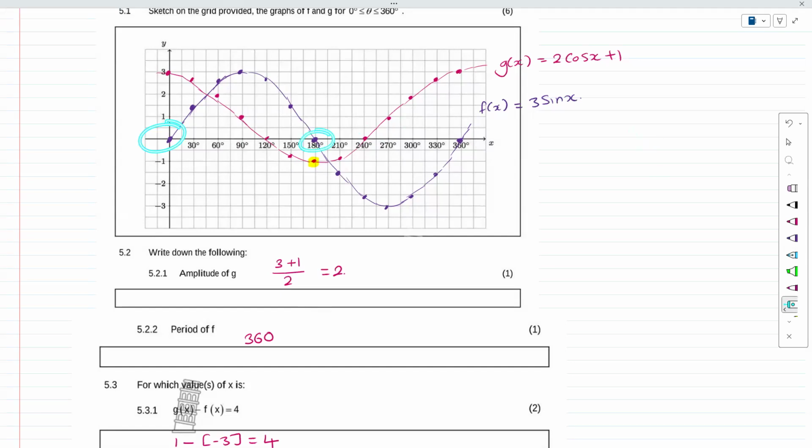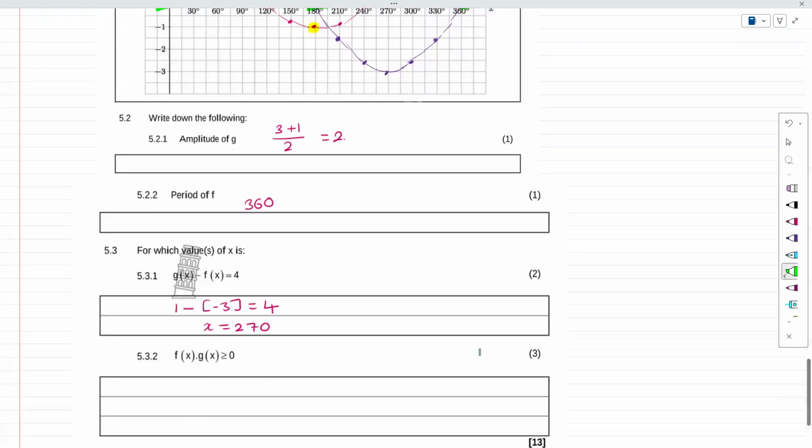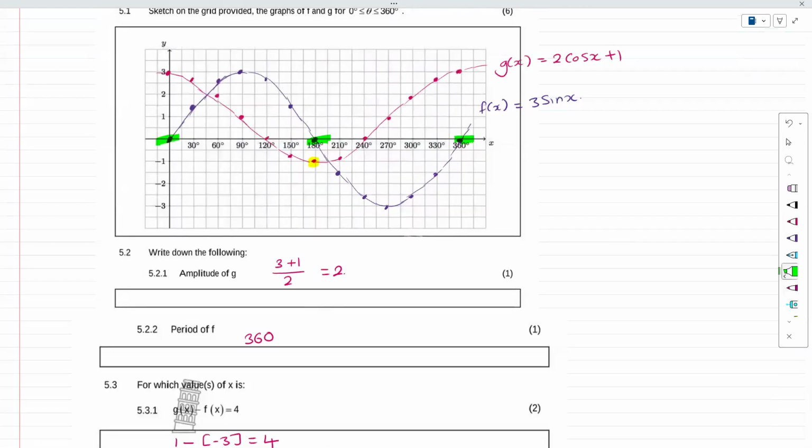So guys, let's start with here. All of these 0 points are winning points for us. Everything on the 0 is winning points because all of that's fine. For us to get a positive value, because greater than 0 is positive, we need to have positive times positive. That's basic algebra. For us to have a negative value, it's positive times negative, but we can also have negative times negative. So let's look at where positive and positive is. If I look at positive and positive, it's only in between there. This is where both graphs are positive,